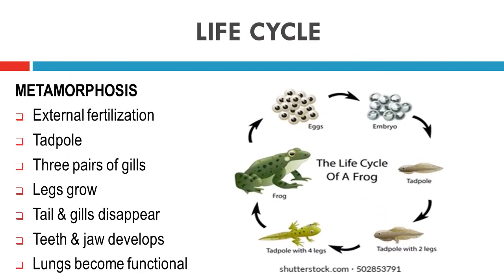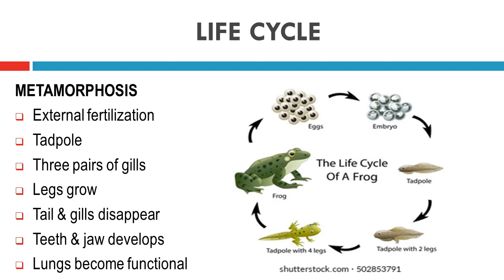Now let us go on. The next one is the life cycle of this frog. How the life cycle or this metamorphosis takes place for this frog, right? This development or growth which takes place in the frog, we can say as metamorphosis. Fine. Okay. So as we said, the first one, this fertilization is external, means the fusion of this egg cell